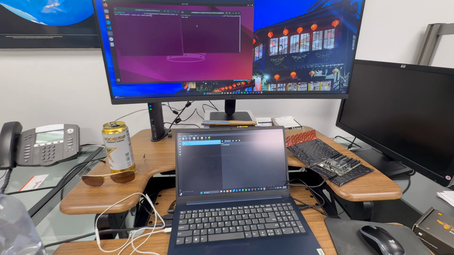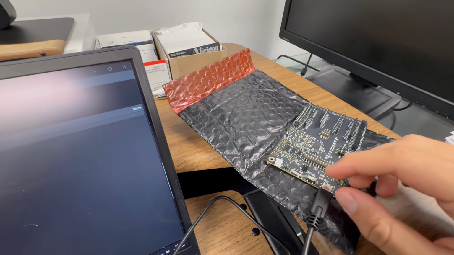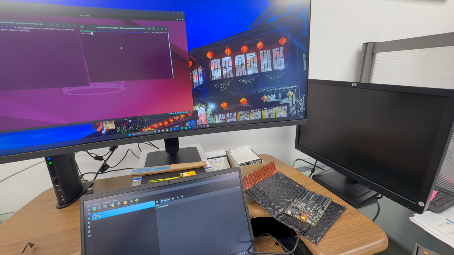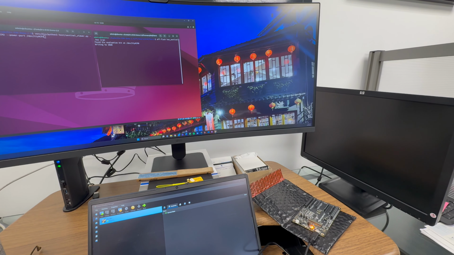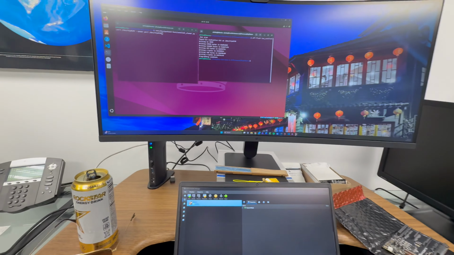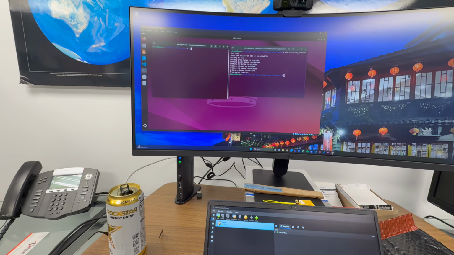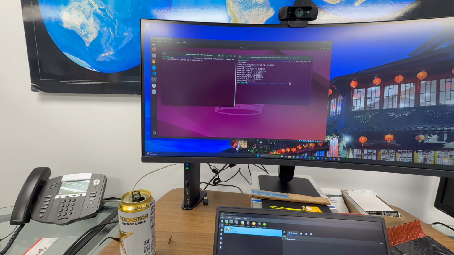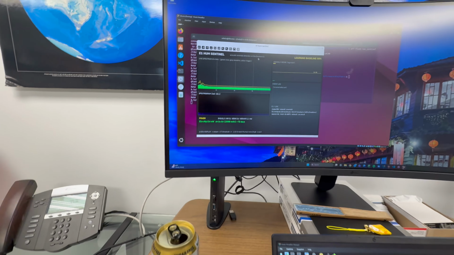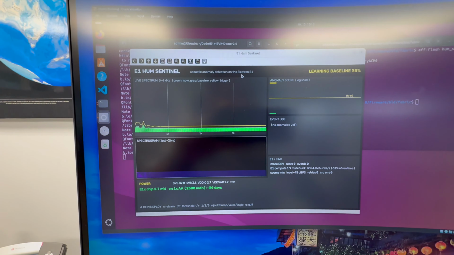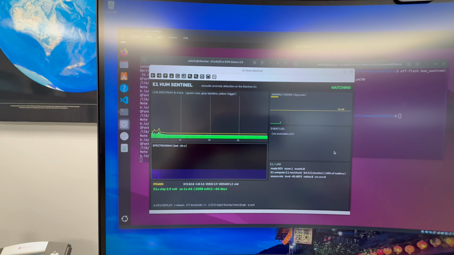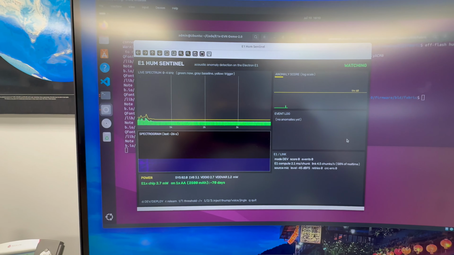Okay, so I'm going to be showing a couple of demos I've got here for the E1 EVK. Both of them use just my laptop's webcam or microphone, and then all the data processing happens on the E1's fabric. So this first one's called the Hum Sentinel, and basically the laptop just streams 8 kilohertz of audio to the E1, and then the E1 learns the baseline frequencies of the room, and then runs an FFT algorithm and